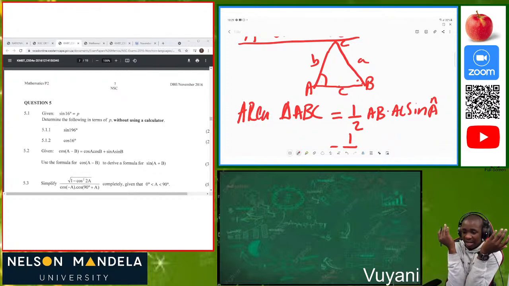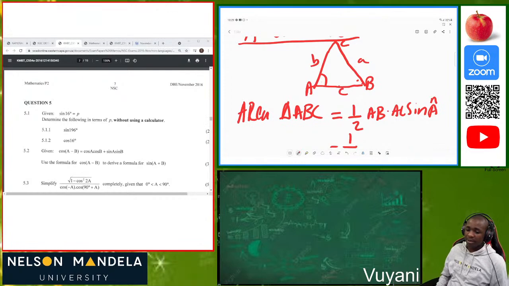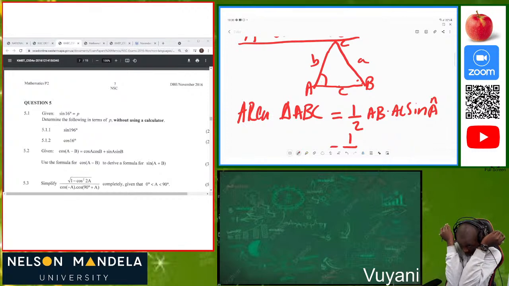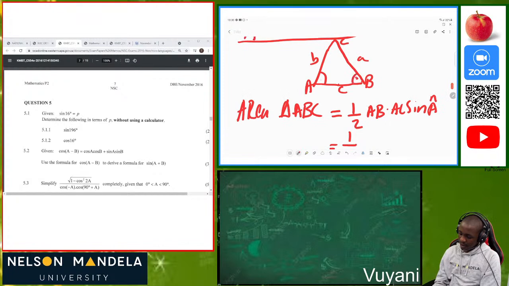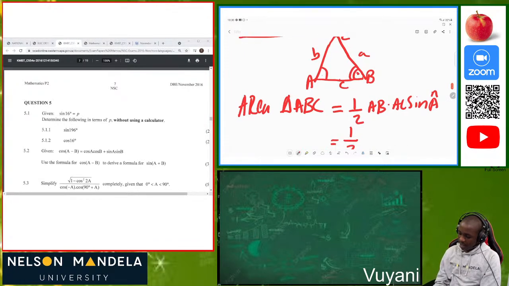So when we are calculating the area of that triangle ABC, we say area of triangle ABC is half, this side times this side, then we include the included angle in between. So in this case, when we are having this angle B, we're going to say half of AB times BC, then we say sine of angle B. The same applies if you are having this, let me just put